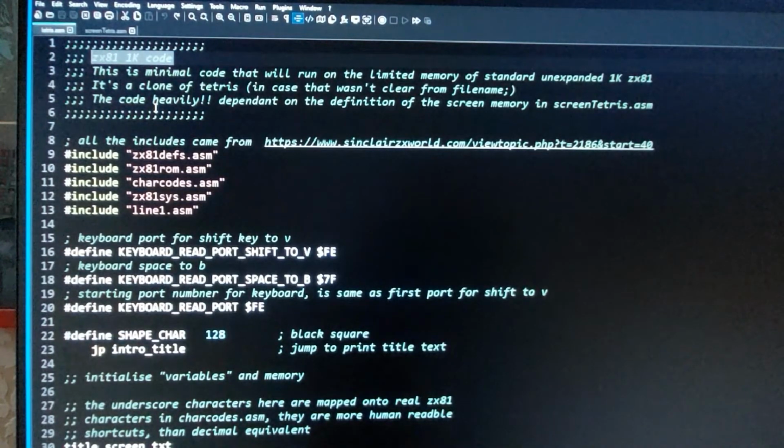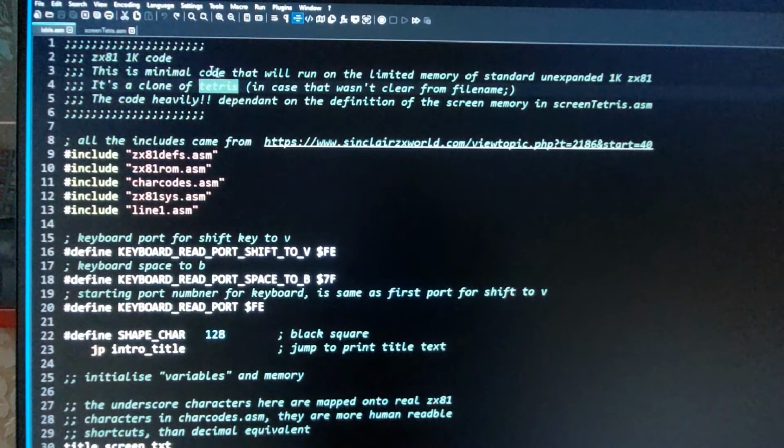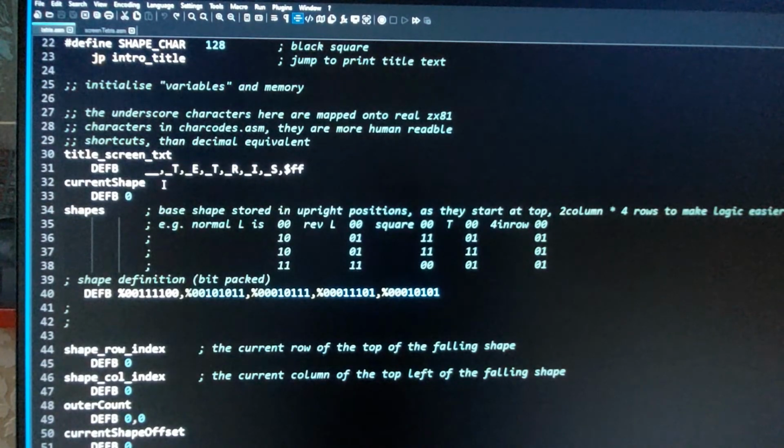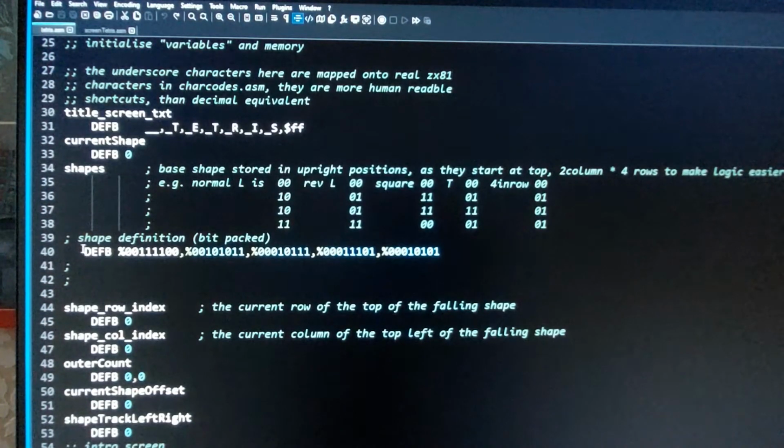This is another ZX81 assembly programming video, and this is looking at this Tetris clone again. What I'm aiming to do with all these is get it to run in a 1K unexpanded ZX81. Now, a bit's changed in here since last time I did a video. I've got some